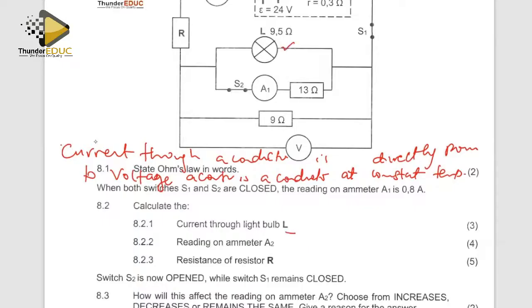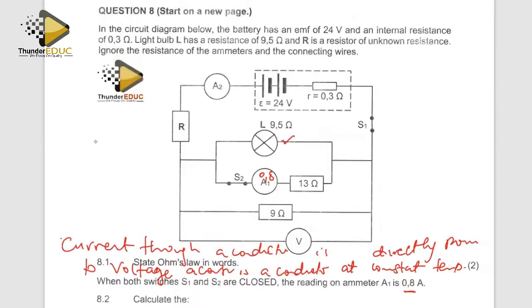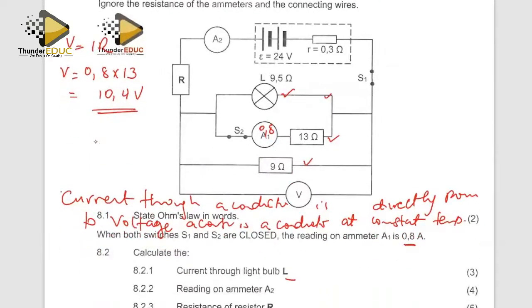Then when both switches are closed, they want us to get the current through L. Where is L? This is L. But then they're telling us that the reading here is 0.8. So if we have this current and this resistance, we can get the voltage here. So the voltage is gonna be 0.8 multiplied by 13 from our Ohm's law. This gives me 10.4 volts. Now we know that since these resistors are all in parallel, the voltage is going to be the same. So from this formula, current will be voltage over the resistance, meaning that 10.4 divided by 9.5